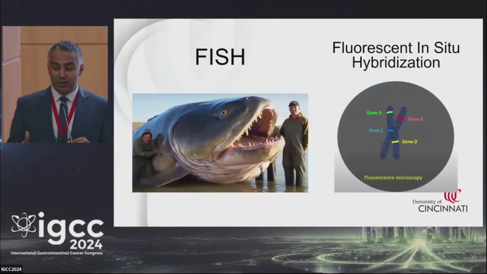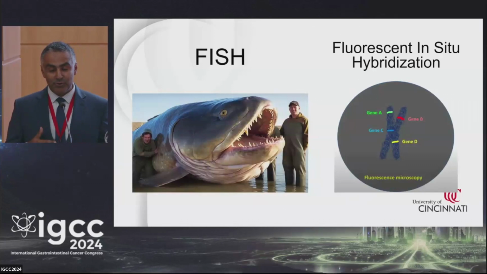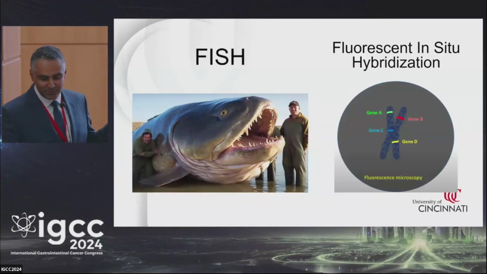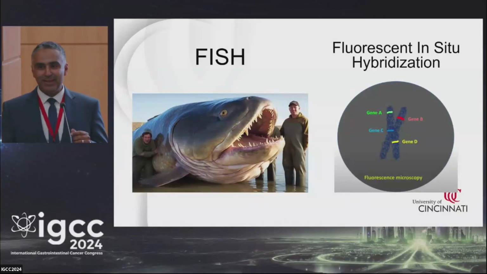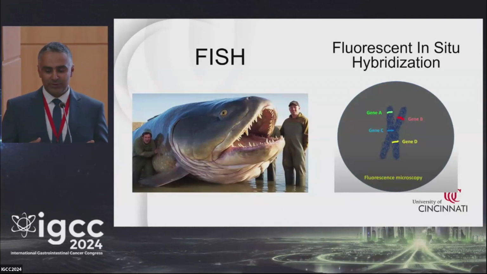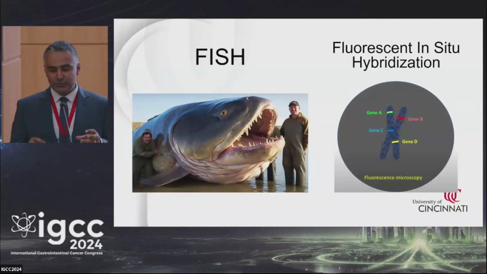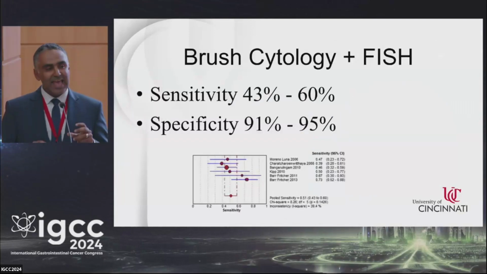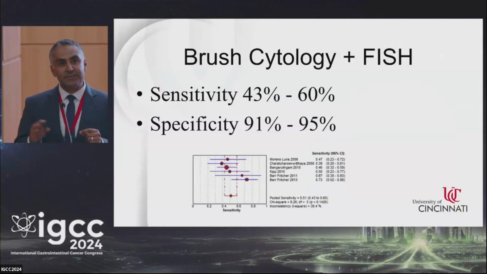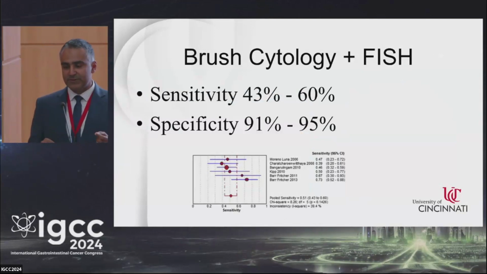So in addition to cytology, we routinely obtain brushings for FISH as well. Of course, the one on the right, not the one on the left. And FISH, or fluorescent in situ hybridization, relies on specific DNA probes to detect mutations and abnormal number of chromosomes. Adding FISH to brush cytology will increase the sensitivity to about 60%, with very minimal effect on specificity, which